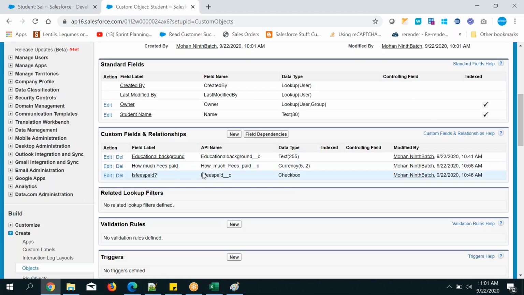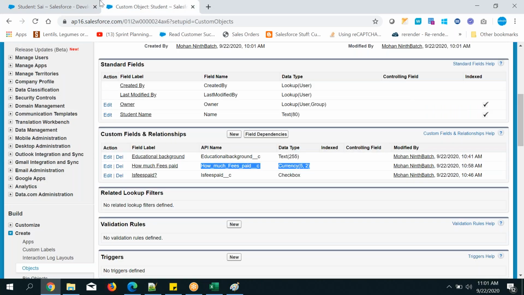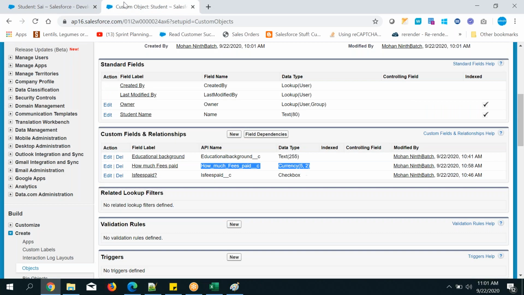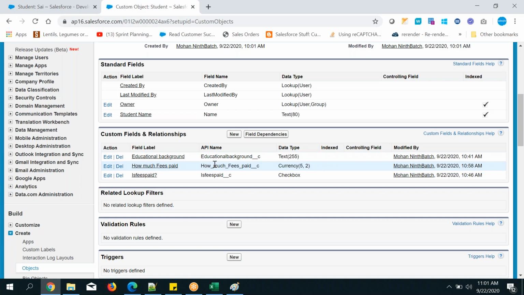Okay, this is what configuration is. Here we have configured it so that it displays like that. That is called configuration. So it should be like this, and if it should be like this, we need to do something. Here we are doing that, and that is called configuration.